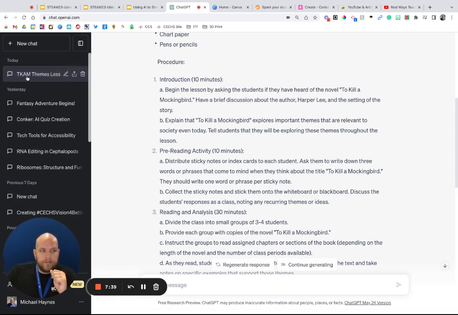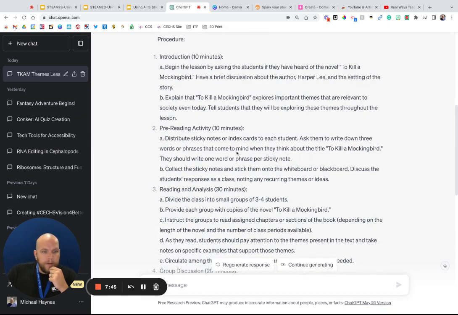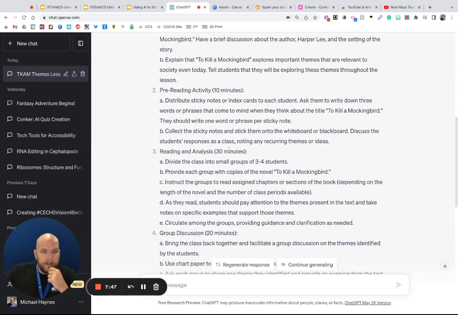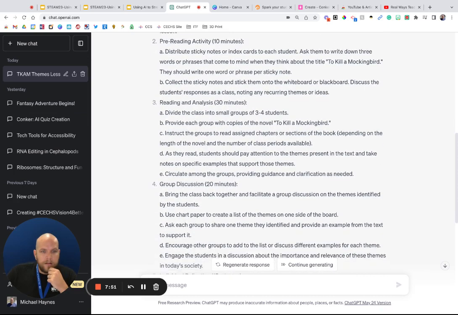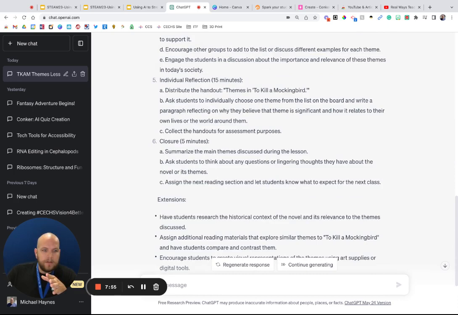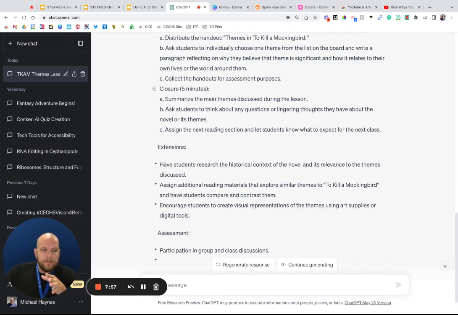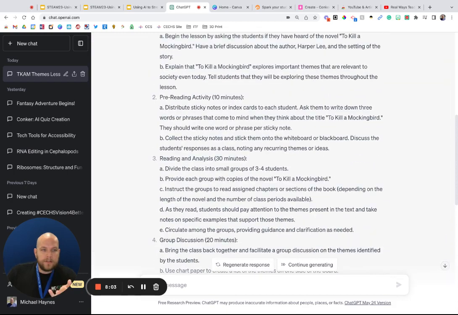It made a spot here so I can go back and click on this lesson later. But we have a pre-reading activity, reading and analysis. And so this is doing the entire book. But we've got an entire lesson here that we can start from.